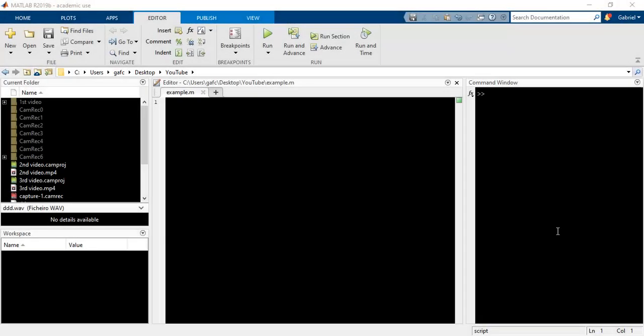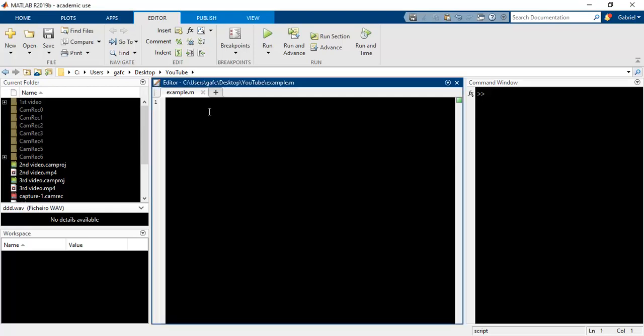In this tutorial I'll explain how to use if and switch case operators. And for this I'll write a script that prompts the user in the command window for a certain input, and depending on the user's input the program will have a different outcome. So to define the user's input, I'll type a equals input, and input is a function that will prompt the user in the command window and will prompt option question mark,